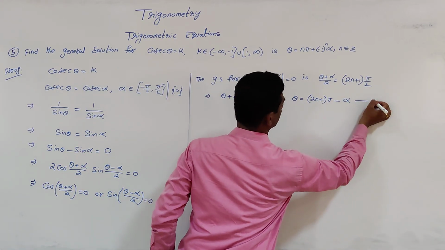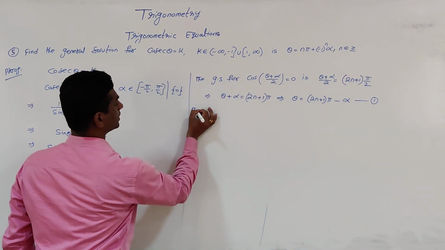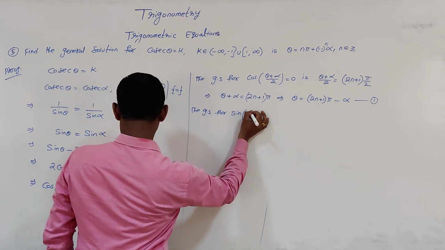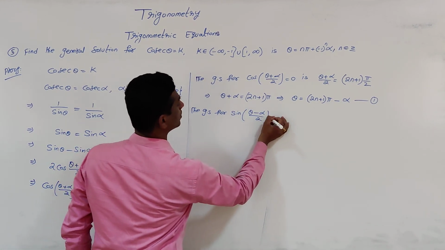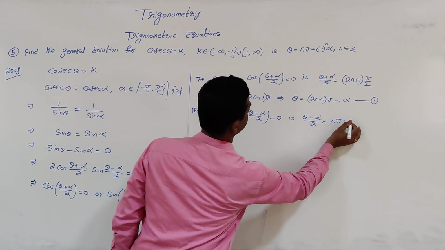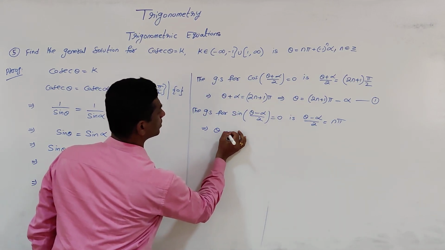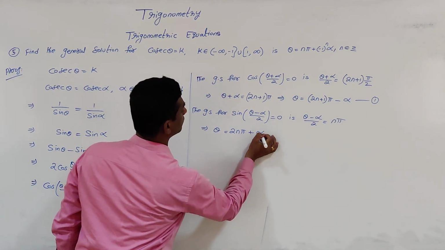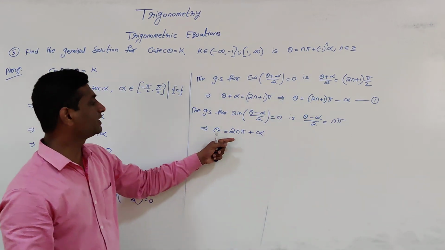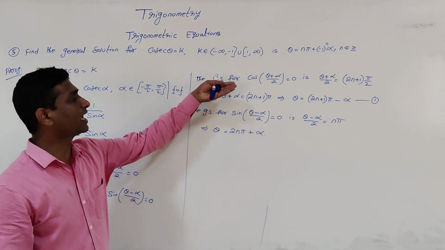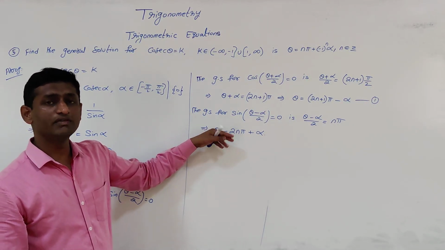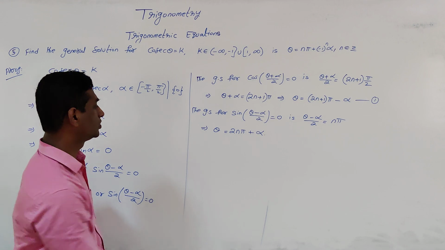So that is case 1. Next, the general solution for sin of (theta minus alpha by 2) equal to 0 is theta minus alpha by 2 equal to n pi, which implies theta is equal to 2n pi plus alpha. That means (2n plus 1) times pi is an odd multiple and 2n pi is an even multiple. So either we can have odd multiples of pi minus alpha, and here it is even multiples of pi plus alpha. So in general,